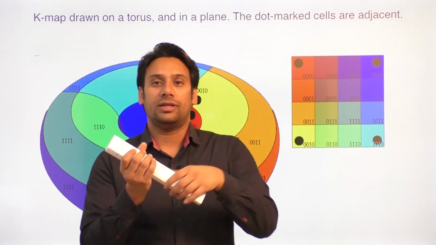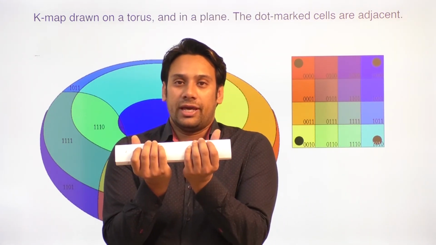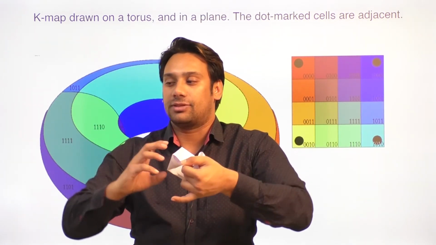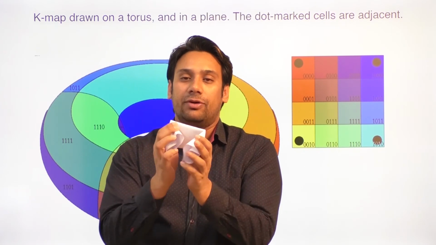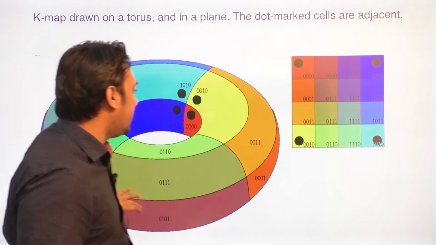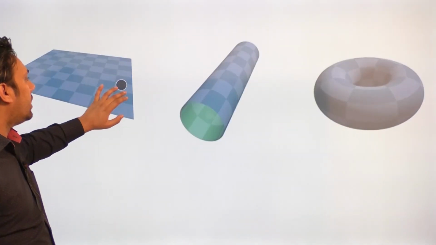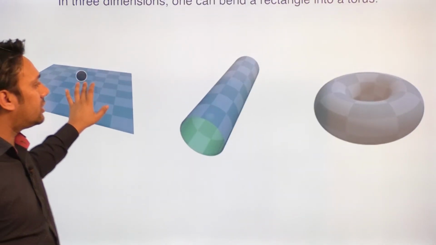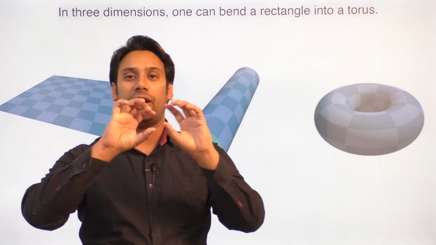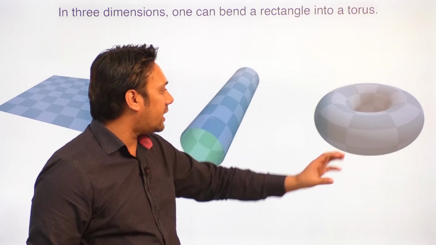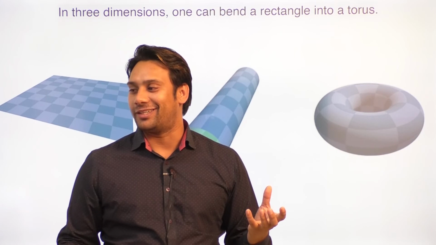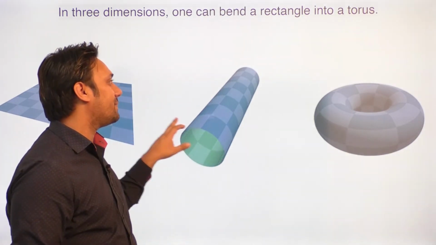And then I can combine the ends of the circle here in the K map. Then I mean to say, in this manner I have a K map, I can fold this K map in the form of a cylinder, and then I can combine the ends of the K map in this manner, and then this K map will look something like this. So it is looking like a donut, right?